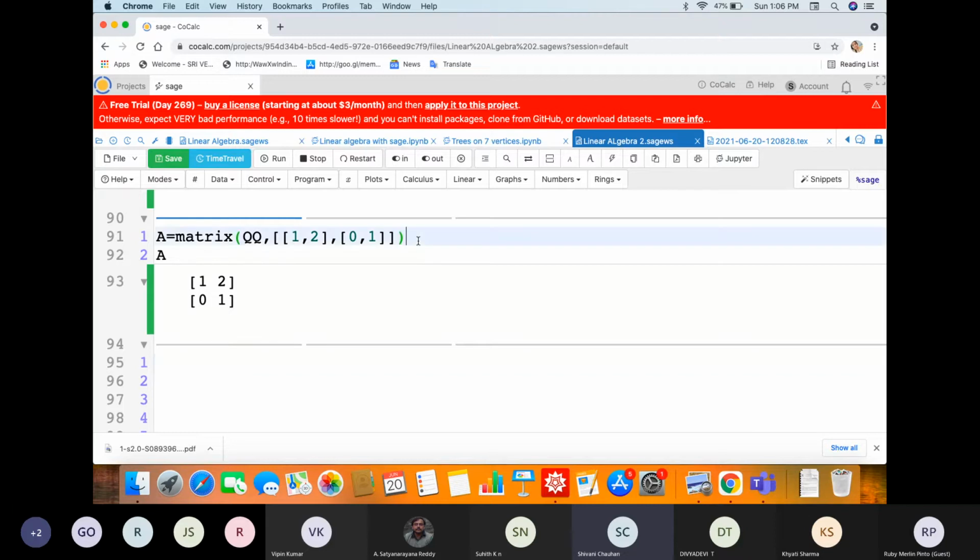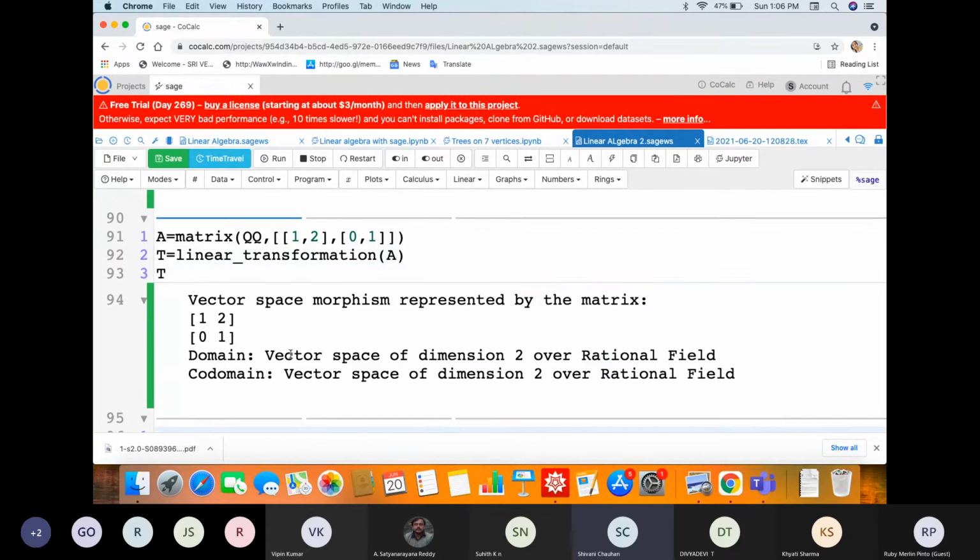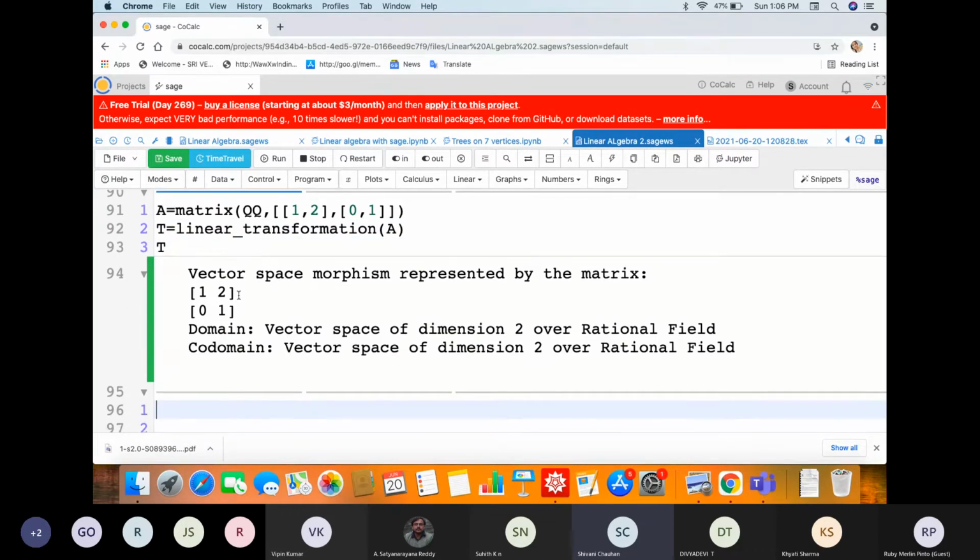Now I want to define a linear transformation. So this gives us the following: domain, codomain, and this is the matrix representation.